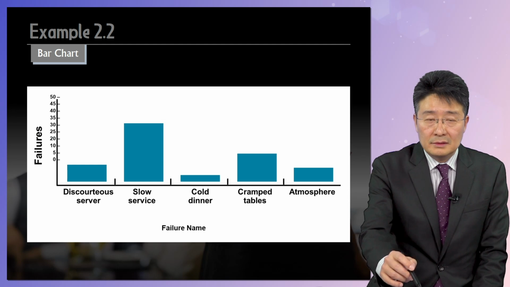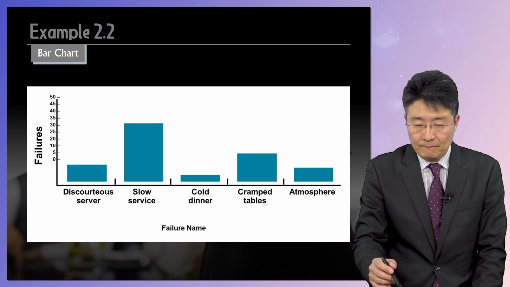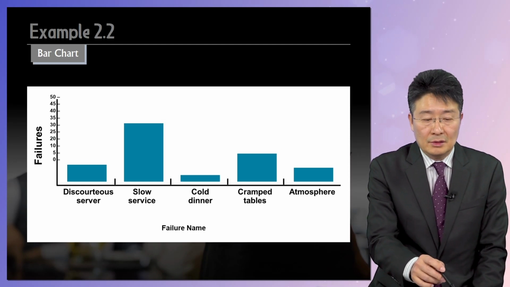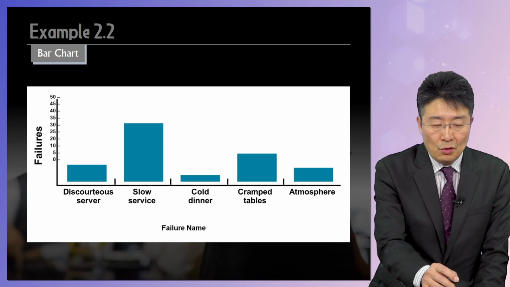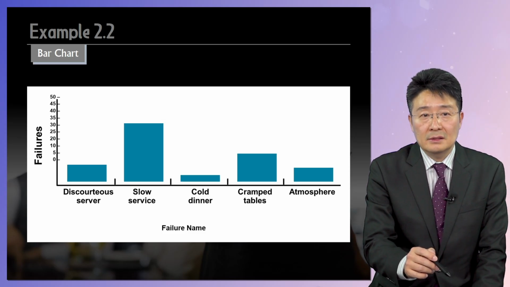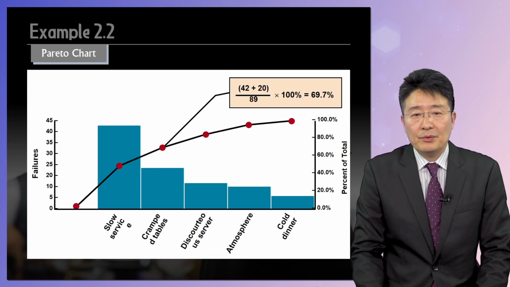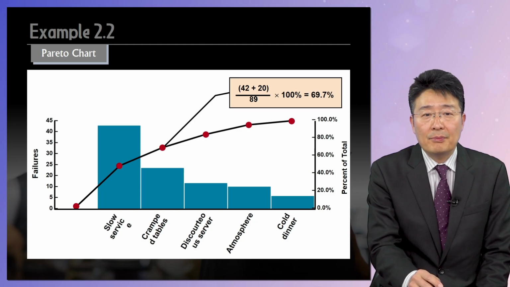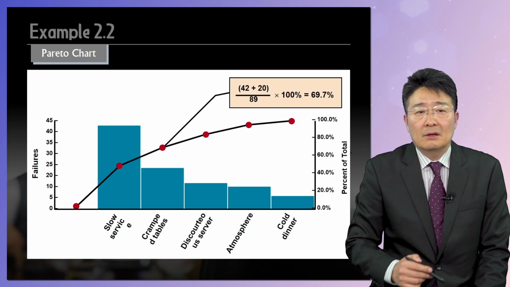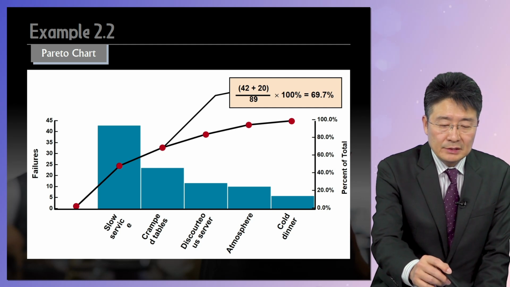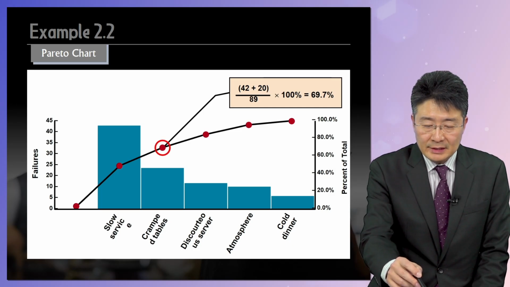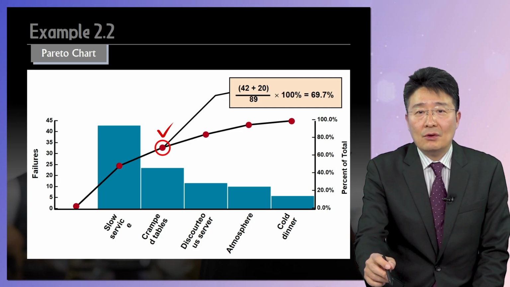Okay, we can draw this bar chart. For each complaint, we can show the frequency. Okay, this is one example of a Pareto chart. So the x-axis represents the types of complaints, the y-axis represents the frequencies of failures, right? And then, as you can see in this point, we can calculate the